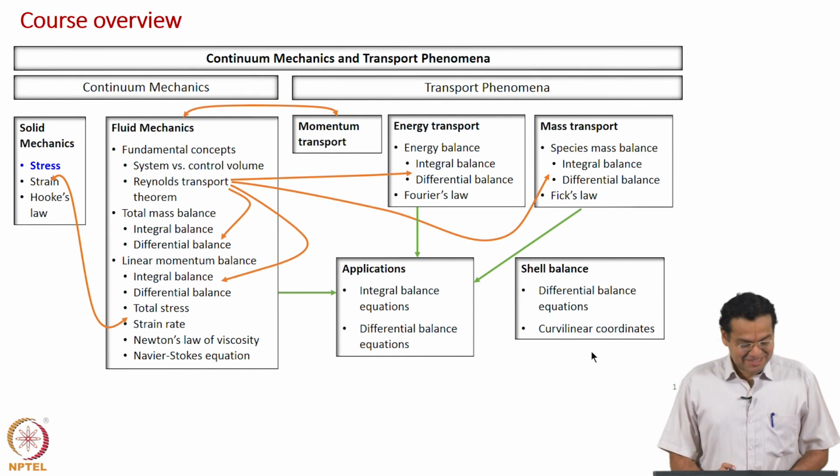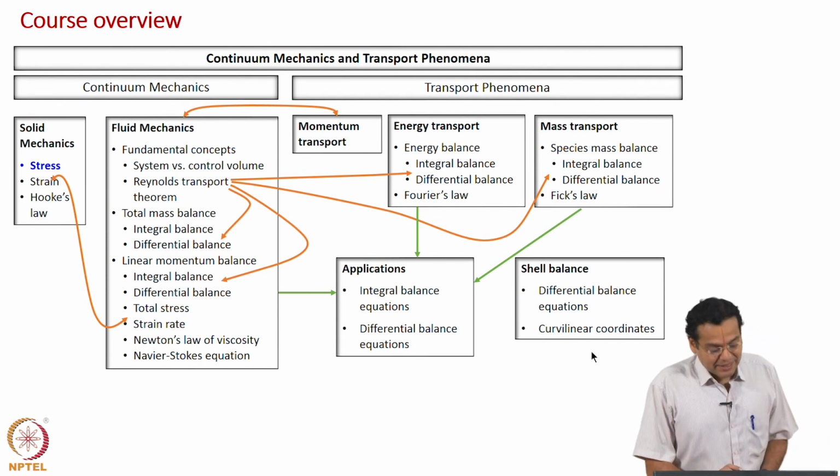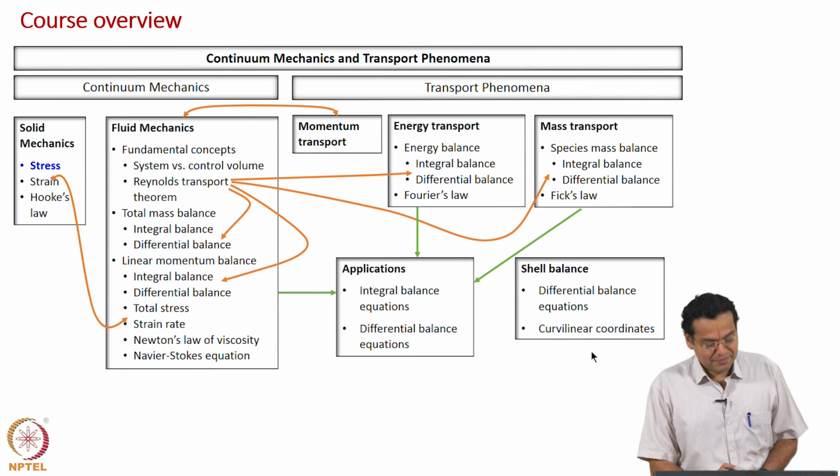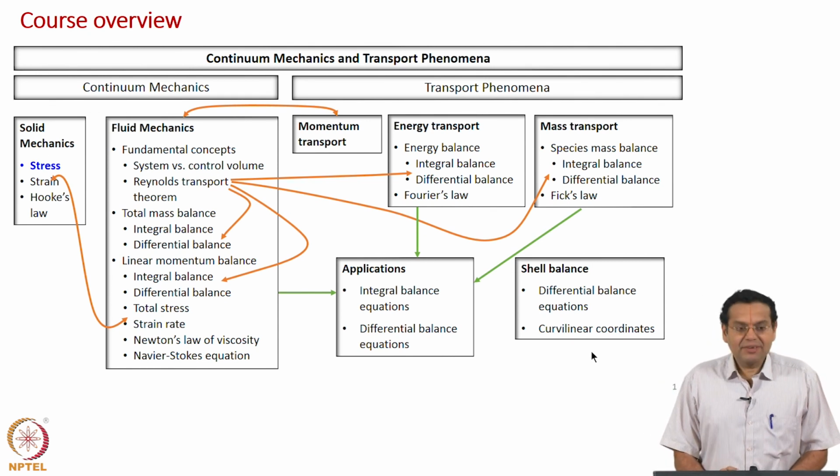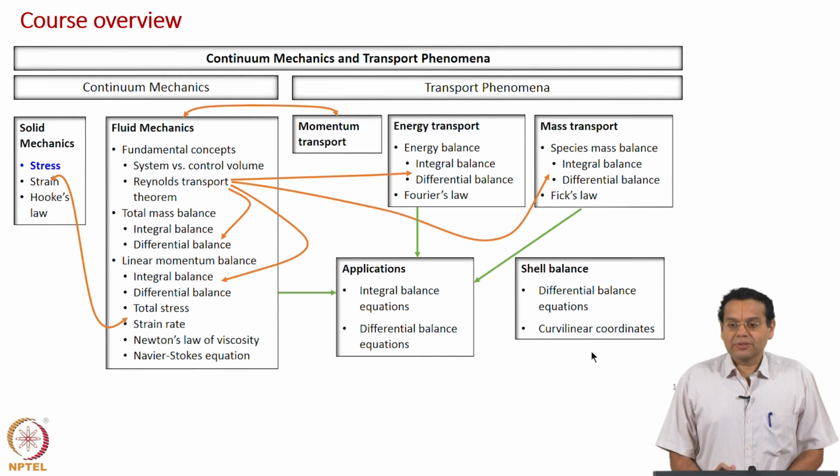We are into linear momentum balance, into the differential form of linear momentum balance. We derived the left hand side, and for the right hand side we looked at gravity, the body force. For understanding the surface forces on the right hand side, we have taken a diversion to solid mechanics. One main reason is to understand better, as you will realize as we go along, and also to look at the analogy between solid and fluid mechanics.